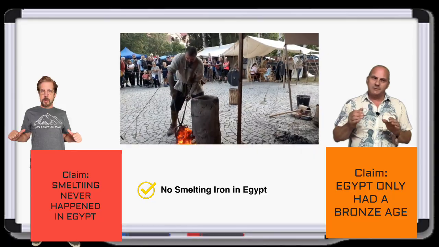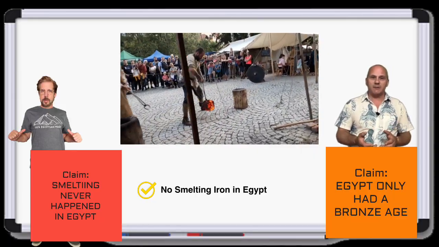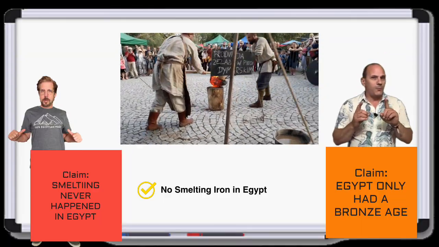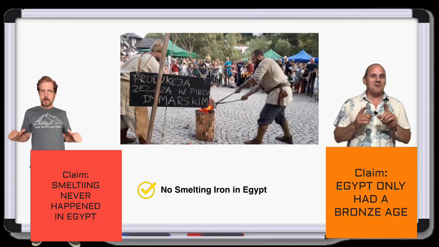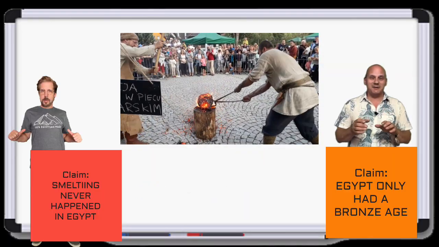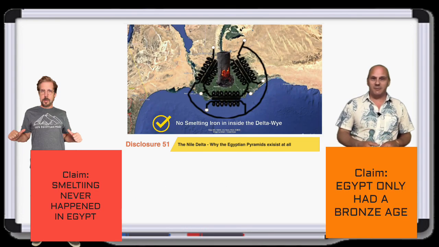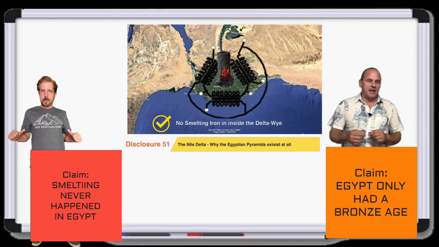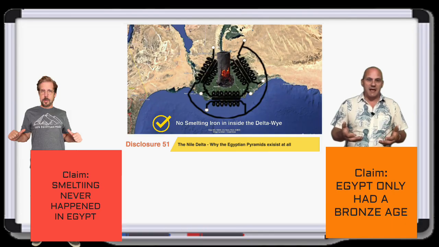Why would you not choose to smelt iron inside of the walls of the Egyptian kingdom? Why would you not want to smelt iron near the Great Pyramid? Smelting is such an interesting process, and we're going to look at it in the context of what if there were a high energy magnetic field present in the area? What would that do to the iron?